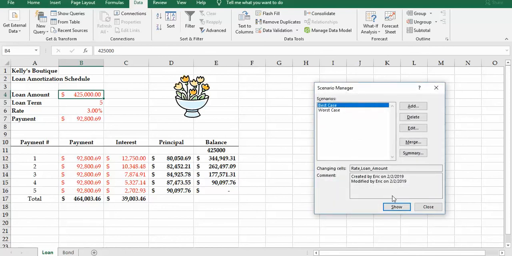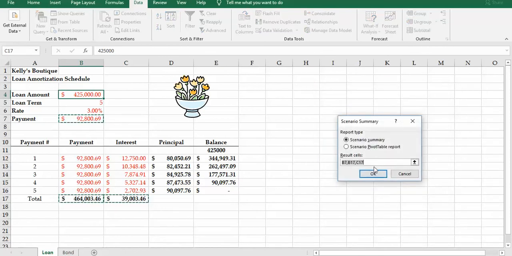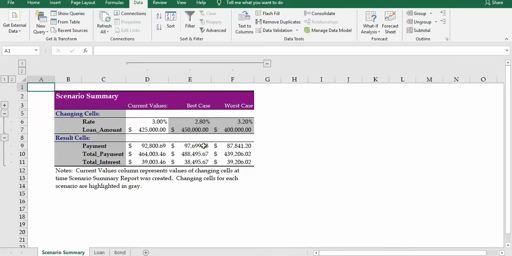So we have a best case and a worst case. Now we just do a summary. So what do we want to see? We want to see the payment in the best case scenario. We want to see the total payment, and we want to see the total interest. So notice how I use the cell names rather than the cell locations. You can use the cell locations instead, but we're using cell names as part of learning what cell names are about. So when you click OK, it should take you to the best case and worst case